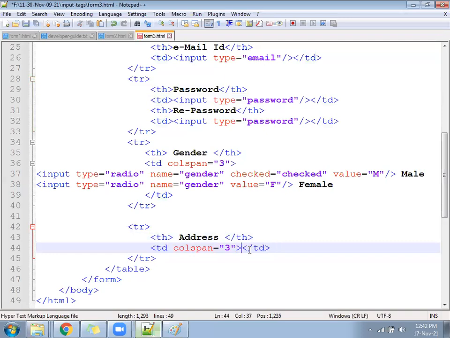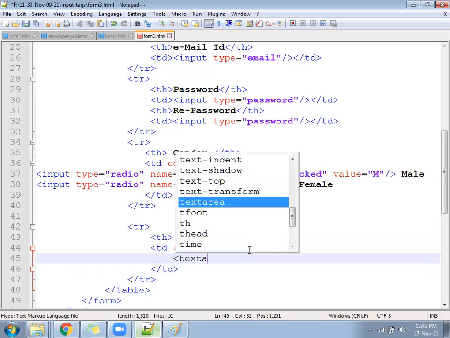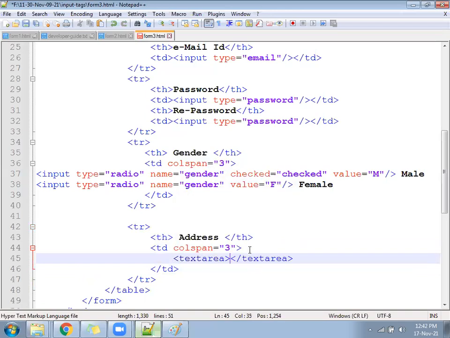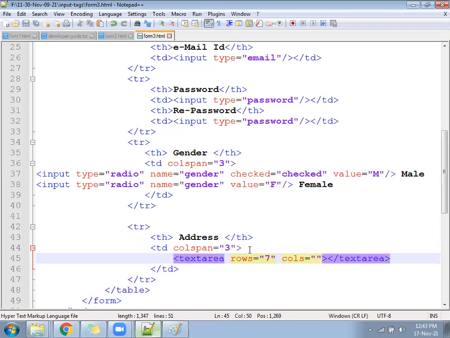Now inside that td, you will create a text area. For that text area, rows will increase the height, suppose maybe 6, 7. Cols increase the width. So how much?